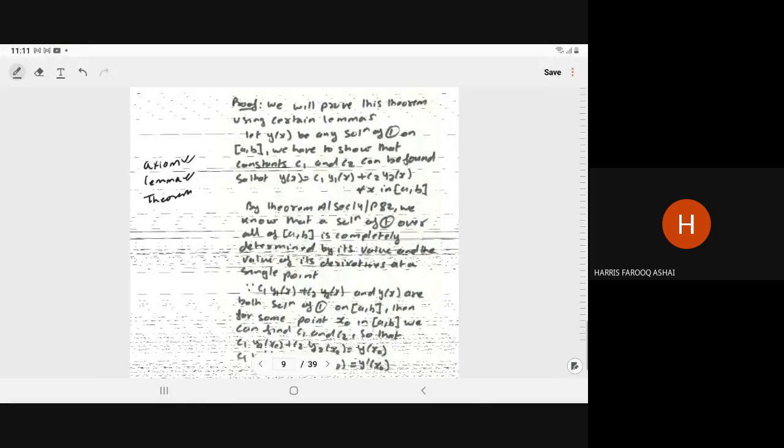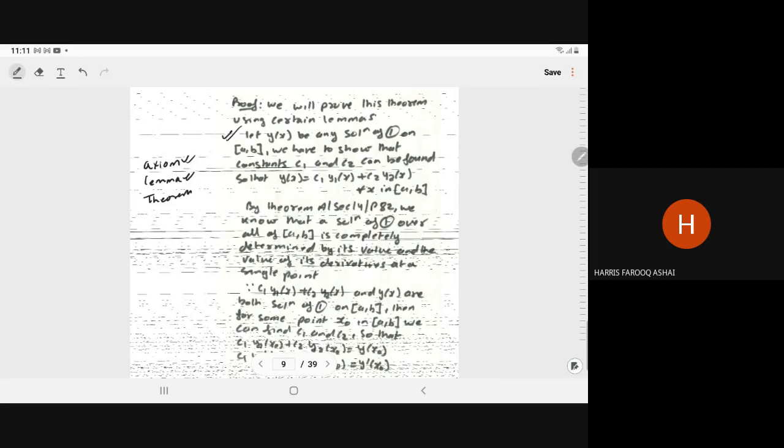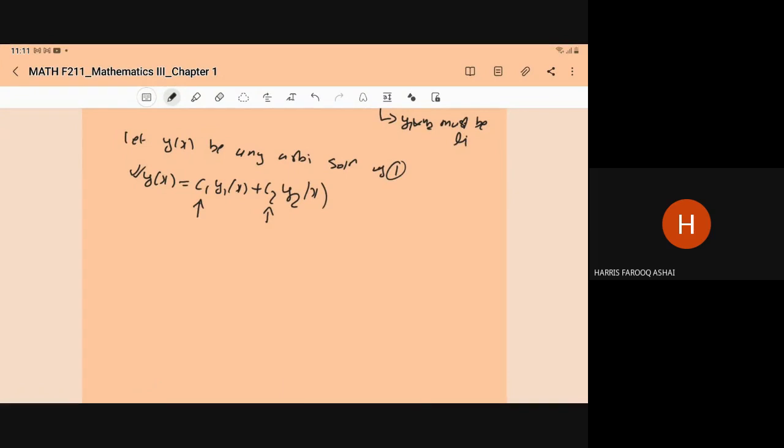So what is the strategy? We assume here, let y be any, meaning arbitrary, solution of the first equation on the interval a comma b. We have to show that constants c1 and c2 can be found, so that y(x) is equal to c1 y1(x) plus c2 y2(x) for all x in the closed interval [a, b]. So I have written it here also, right? We have to show that we can determine c1 and c2, arbitrary constants, so that y(x) is equal